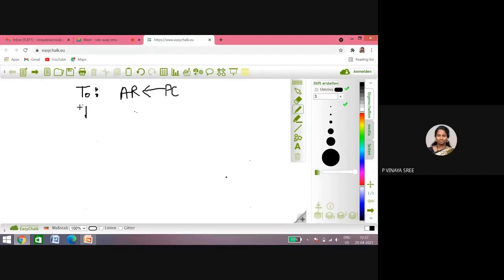Next in T1, what do we have to do? Address register to instruction register. Yes, we need to go to that memory address register. With the help of this address register content, we go to the memory location, and in that memory location we get an instruction. That instruction we place in IR. These two come under fetch. Next step is decoding. For decoding, it will start at timing signal T2.